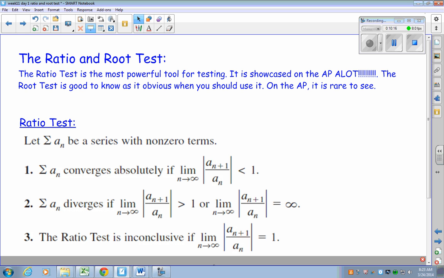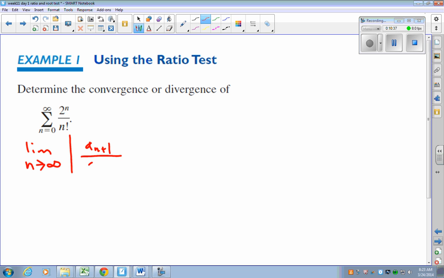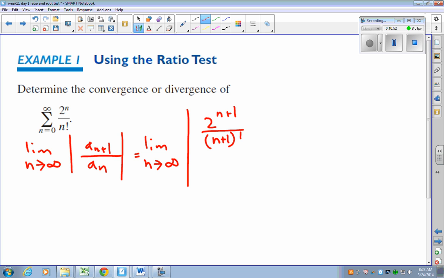Let's look at an example of it here. Okay? Using the ratio test. Determine the convergence or divergence of that thing. And I'm telling you right now, let's use the ratio test. So let's try this out. The key thing to the ratio test is I'm going to do the limit as n goes to infinity of the next guy over the current guy. So this is the limit, n goes to infinity. Here comes a big ratio, 2 to the n plus 1 over n plus 1 factorial, all over 2 to the n